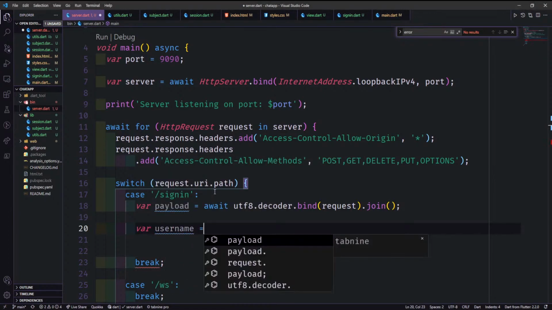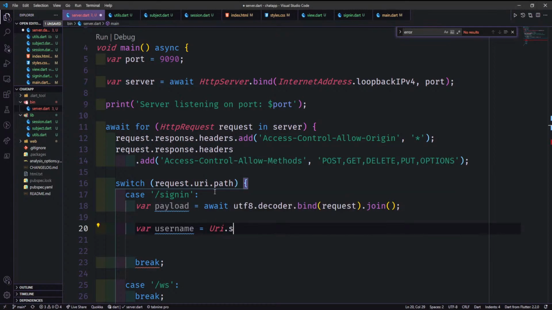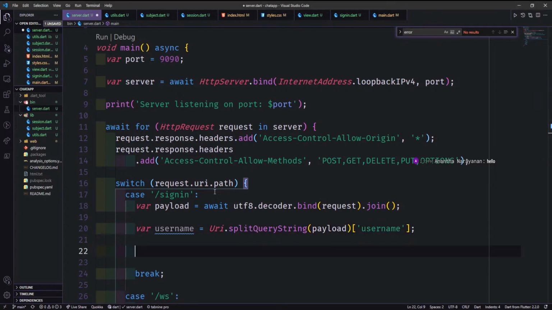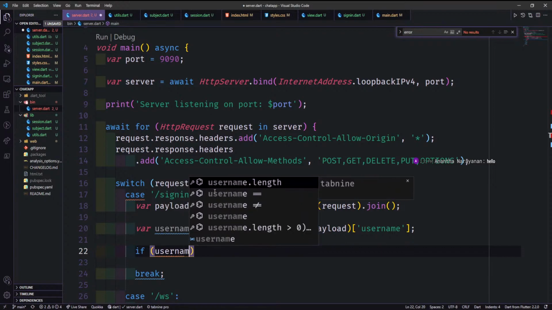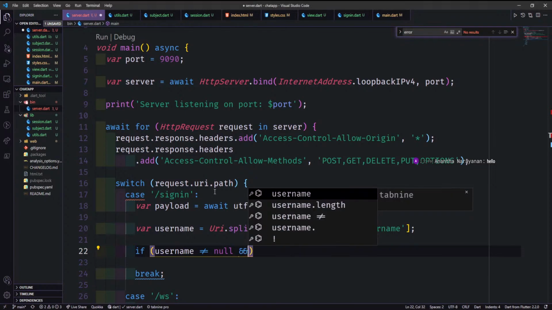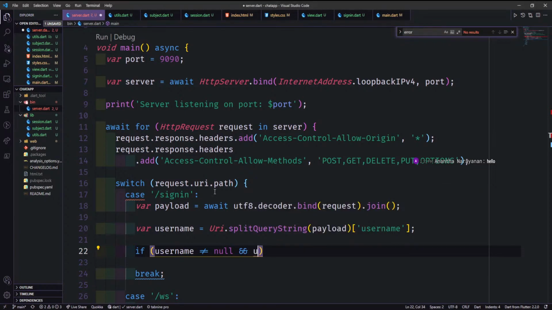We'll get the username, so Uri.splitQueryString payload. This will give us our map, and we're looking specifically for a username, like that. And then if the username is not equal to null, because this is nullable, by the way, and username is not empty,